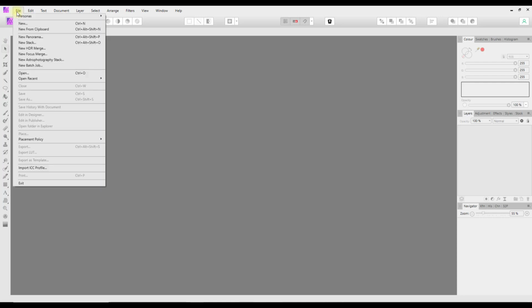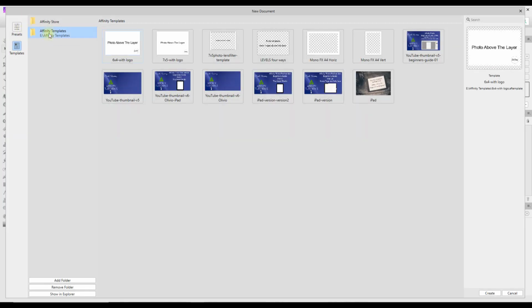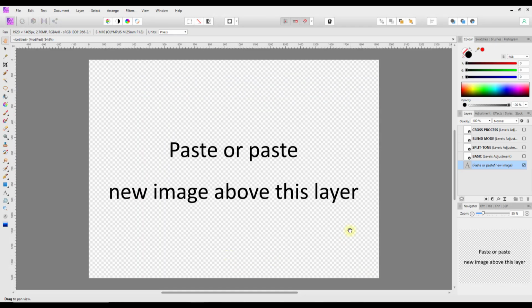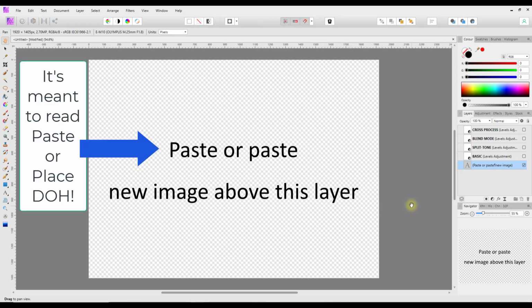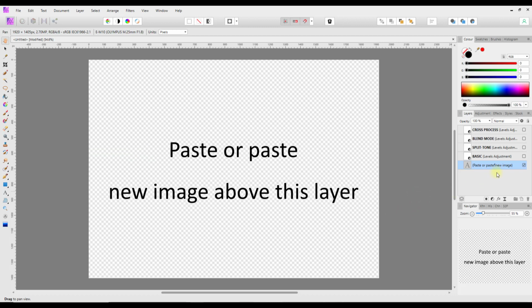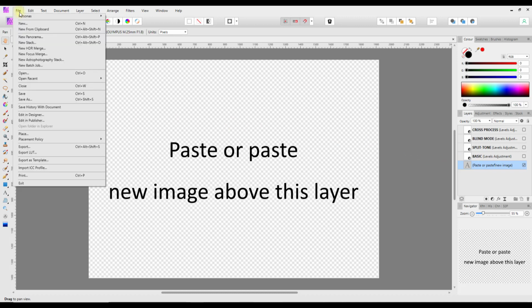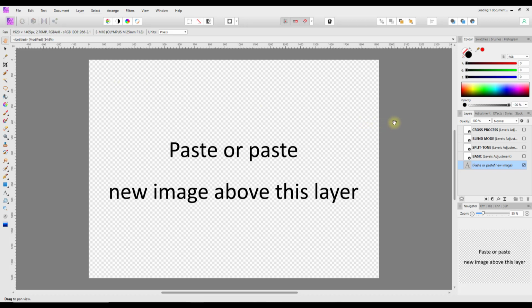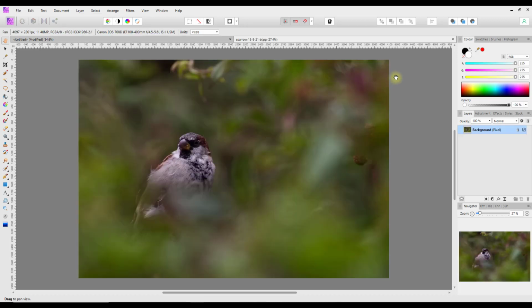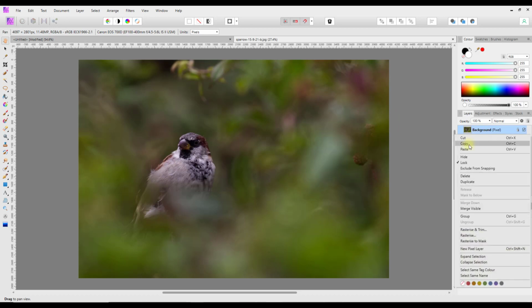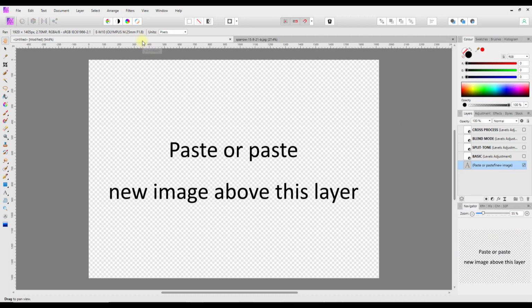Then file menu, new, and template, so levels 4 ways, create, and then you can open this up and you have the ready-made document with those 4 adjustments already made for you. So then all you need is an image. So if I open, say, this one here, and I right click on that, copy, come back to my template, make sure it is the bottom layer that is highlighted, and then